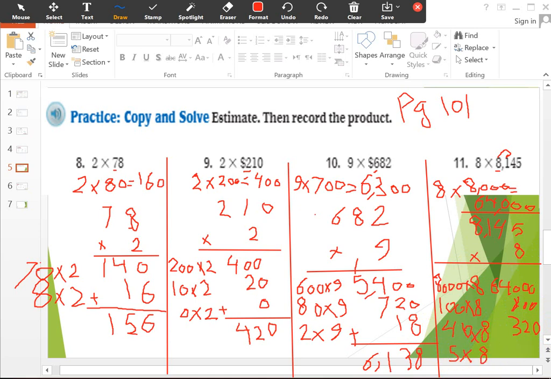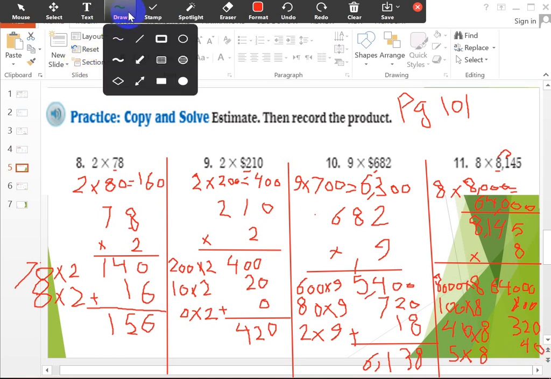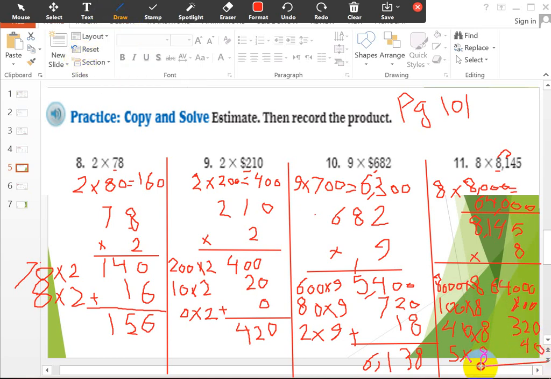Now I will add the numbers. Let's add the numbers. 0 plus 0 equals 0. 0 plus 0 equals 0, plus 2 equals 2, plus 4 equals 6. Okay, now 0 plus 8 equals 8. 8 plus 3 equals 11, so it will be 1 here and 1 above the 1,000. 1 plus 4 equals 5, and it will be 6. So the answer is